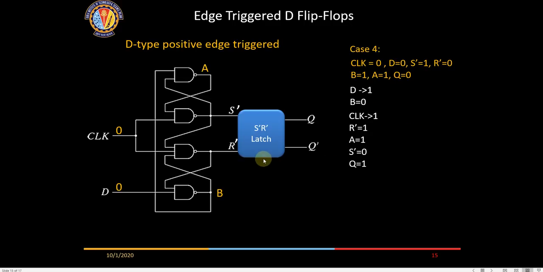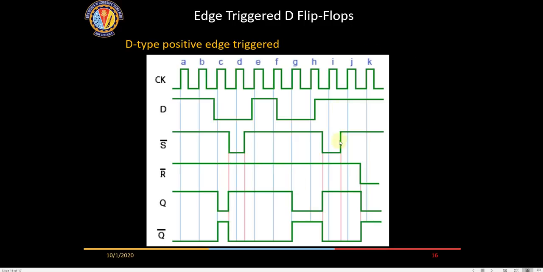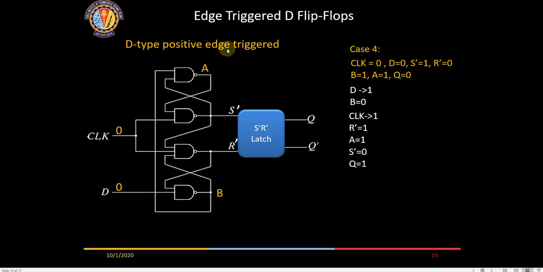You can give different conditions and verify whether it works as per the final desired results. This R and S bar is also not available to us; these signals are inside the chip. What we are interested in are the clock signal, the D signal which we give, and Q and Q bar. These four waveforms we have to be clear about, to understand how the D flip-flop works. So a D flip-flop can be implemented with this circuit also. Is it clear to all of you? Does anybody have a doubt?